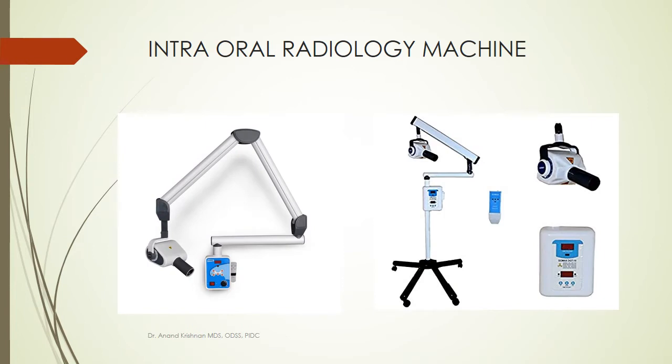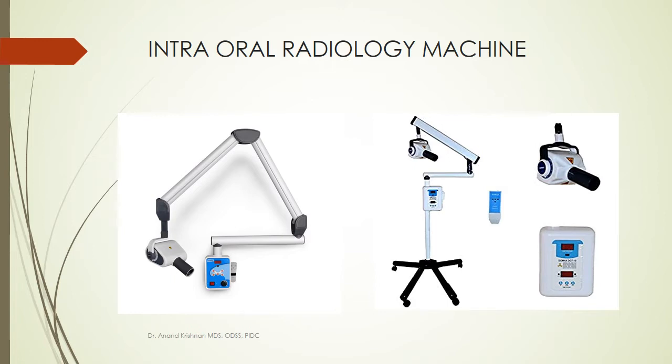So, an overview of the intraoral radiology machine. We'll be reading a little in detail about it as we go on further, when we talk more about radiation production, radiation physics, how X-rays are produced, and what is the armamentarium that is required for production of X-rays. We'll be learning in detail about this intraoral radiology machine, but this is just to give an overview as you're going to be operating it. So this radiology machine has three main components you have to remember.